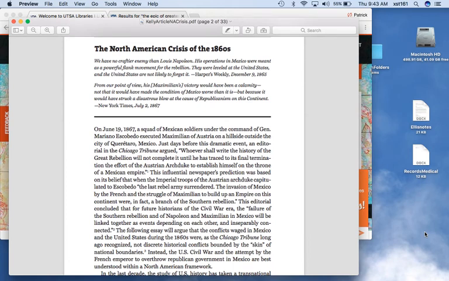It says the North American Crisis of the 1860s, but I have a little epigraph which I like doing at the beginning of articles. And the one I want you to look at is the New York Times from July 2nd,